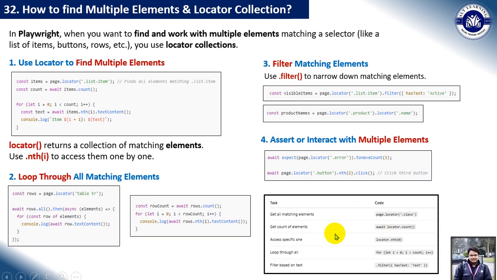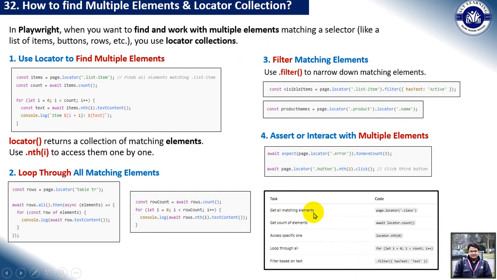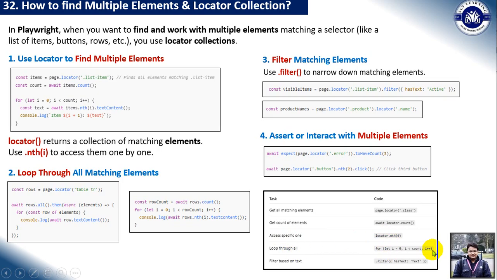And there are these different shortcuts over here. Get all the matching elements: page.locator and the class name. Then get the count of the elements: await locator.count. Access a specific one: locator.nth. Loop through: for (let i = 0; i < count; i++), and filter based on the text. Filter hasText is equal to a specific text. Okay,